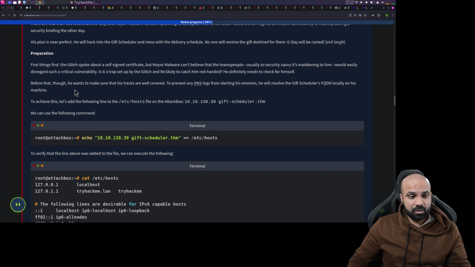Before that, though, he wants to make sure that his tracks are well covered to prevent any DNS logs from alerting his enemies. He will resolve the gift scheduler FQDN